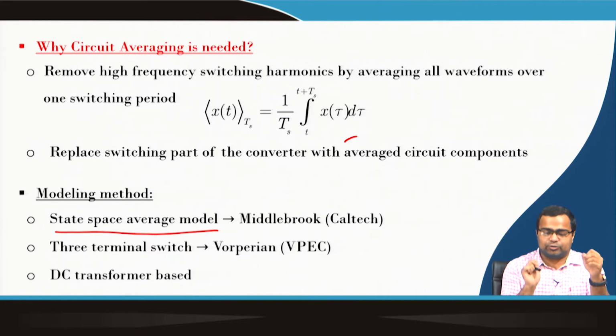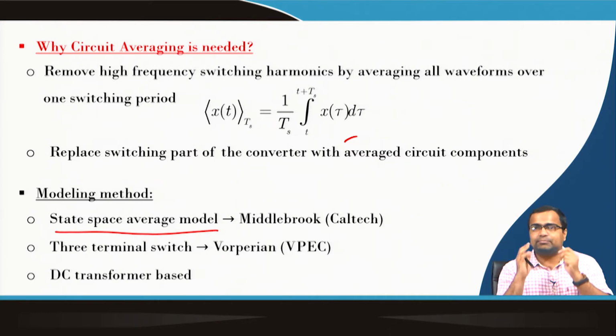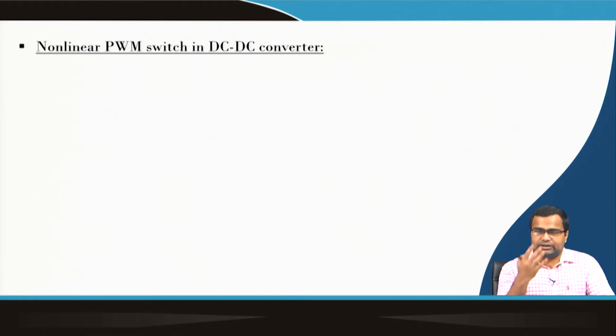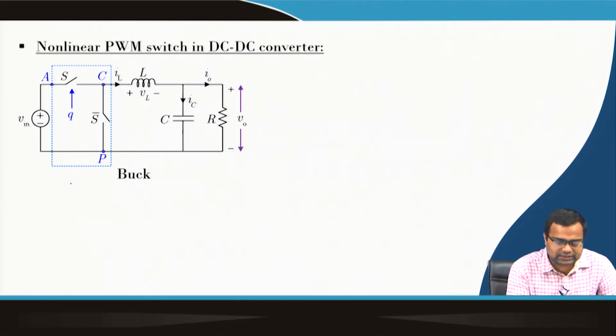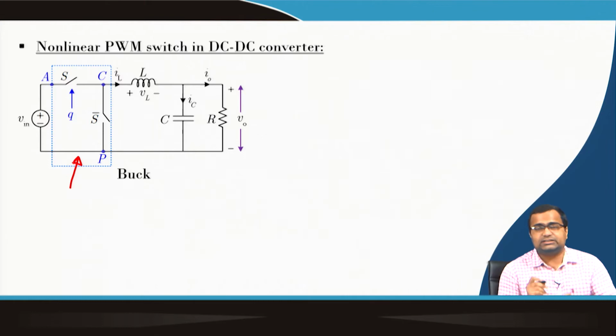But in the state space average model, we need to rewrite the equation again for the additional dynamic element, and then you have to follow the steps for state space averaging. So, in that way, the circuit averaging technique is more of a generic model. That means it is more like a modular approach, where an additional element can be easily incorporated into the model without re-deriving the equations.